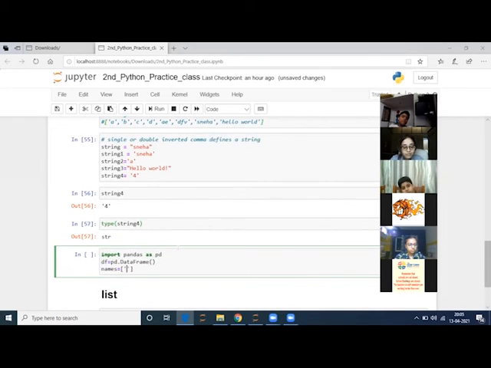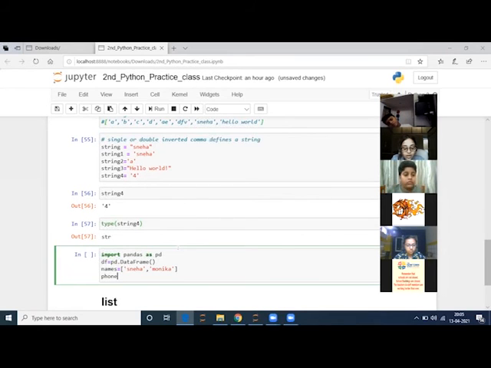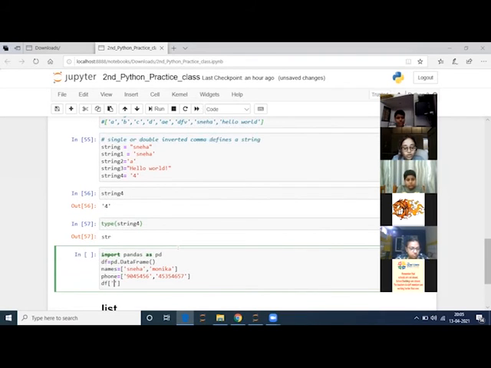So first customer is Neha, second customer is Monica, and their phone number is any number I'm giving, which is not random, okay? And now I am creating columns, names, where I'm putting, you do not have to understand, but just for checking how to save it.